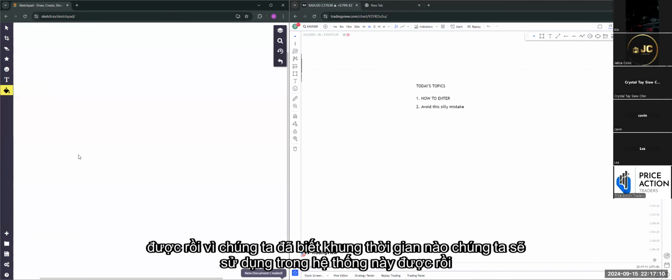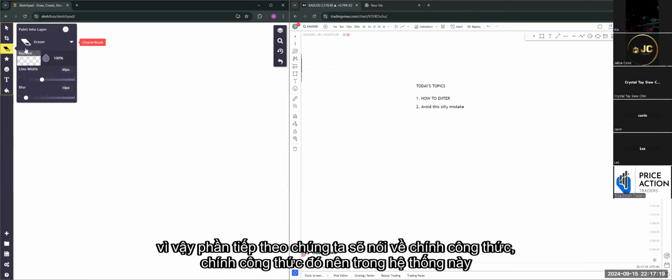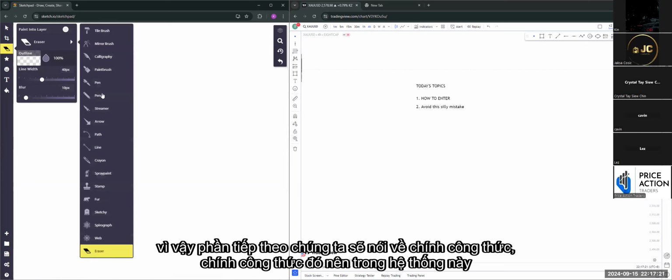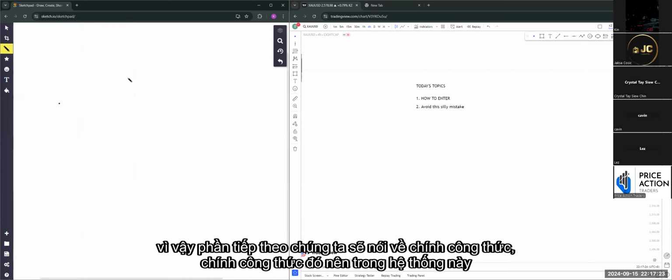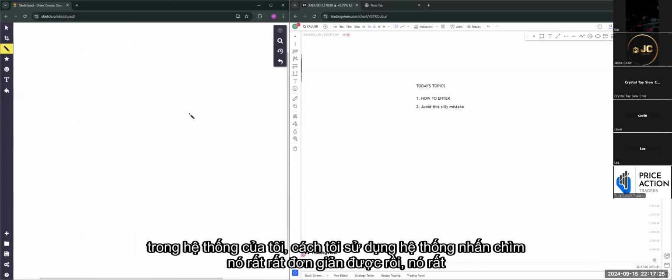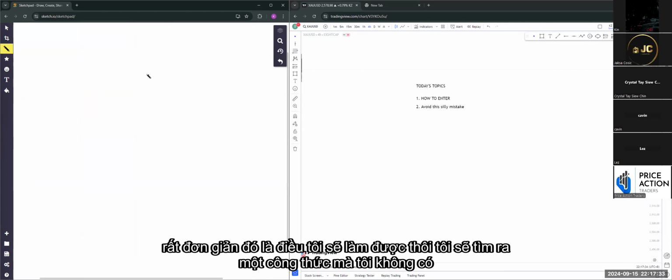All right, since we already know which time frames we're going to use in this system, next we're going to talk about the formula itself. In my system, the way I use the engulfing trading system is very, very simple. I'm going to find this one formula,